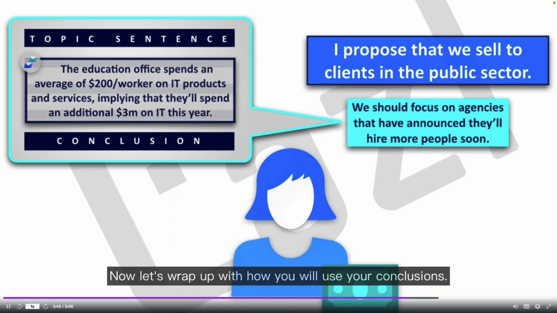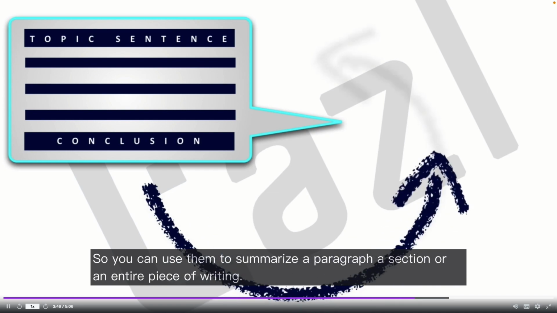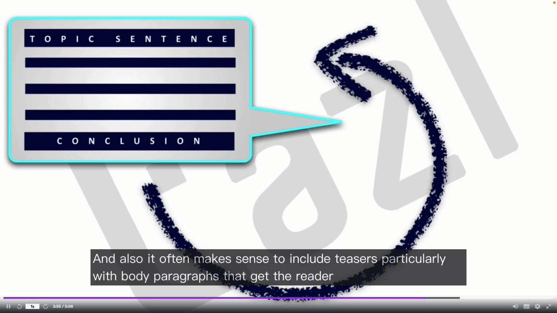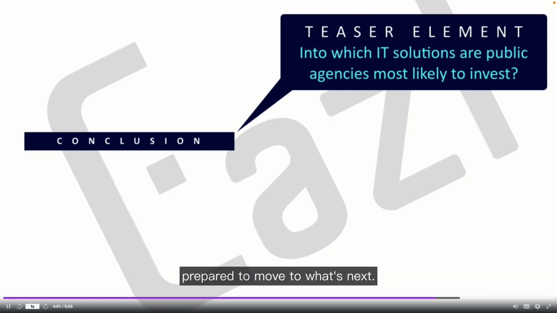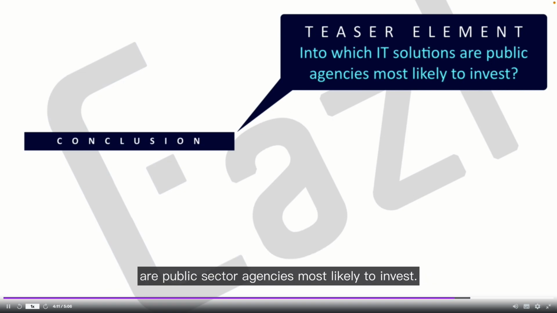Now let's wrap up with how you will use your conclusions. You can use them to summarize a paragraph, a section, or an entire piece of writing. Also, it often makes sense to include teasers, particularly with body paragraphs, that get the reader prepared to move to what's next. For example, a good teaser for a concluding sentence in Adi's proposal would be, into which IT solutions are public sector agencies most likely to invest?